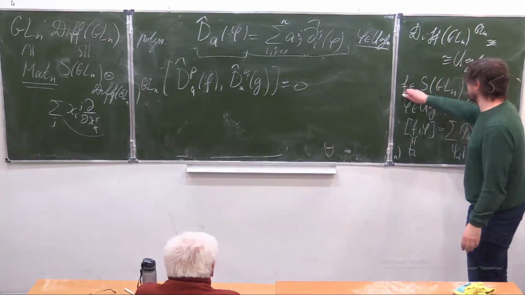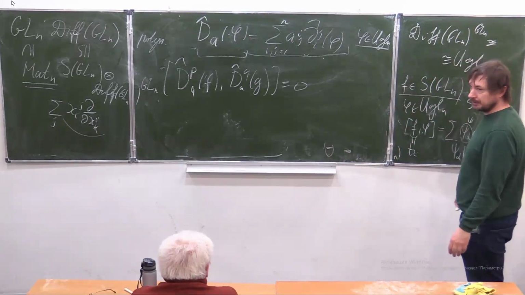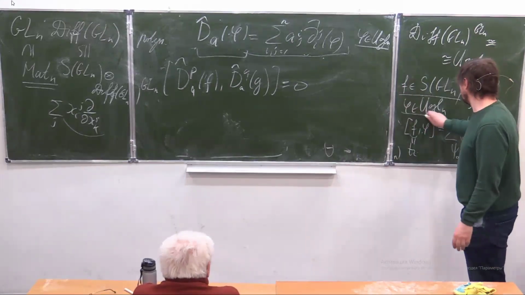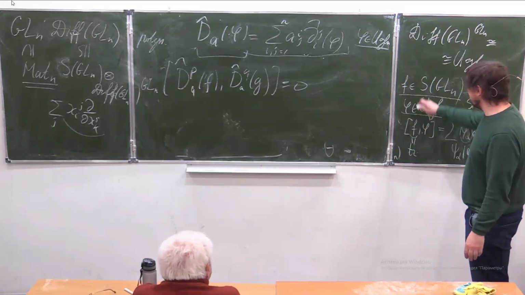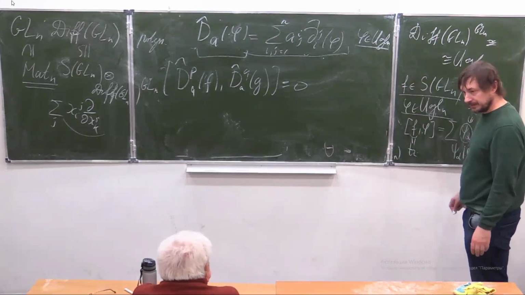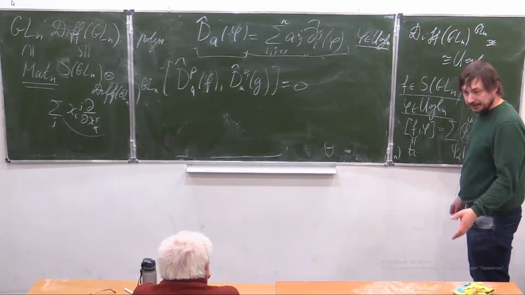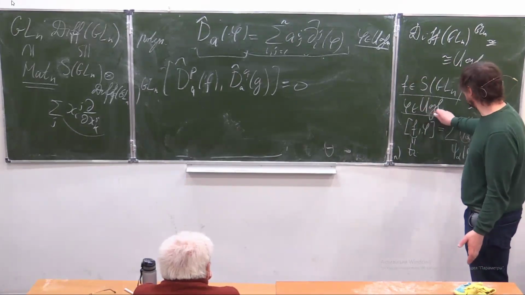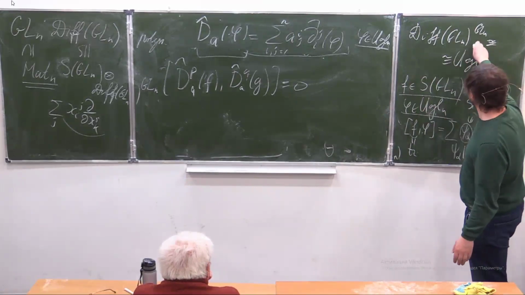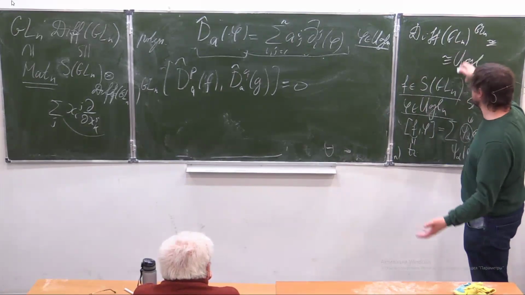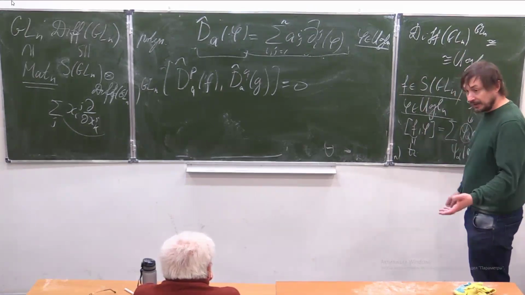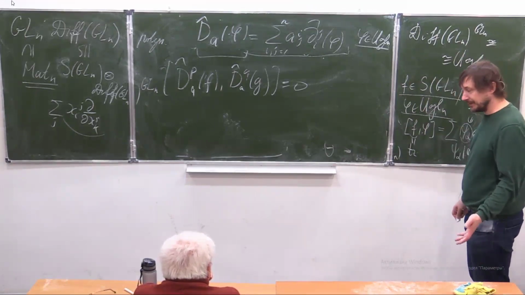Now I take an arbitrary function on the group, a polynomial function on the group. Take an arbitrary element in the universal enveloping algebra. I interpret the function on the group as a degree 0 differential operator. I interpret this element in the universal enveloping algebra as a left invariant differential operator. I take the commutator in the sense of differential operators.